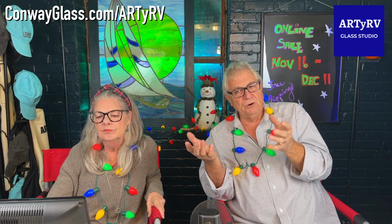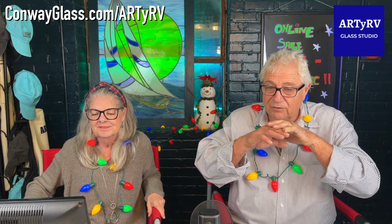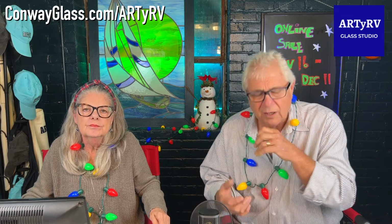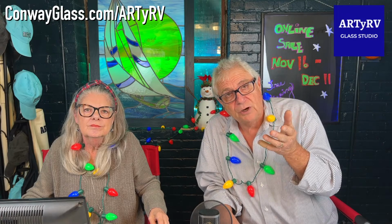We have a program that we use, the Rapid Resizer, and it helps us out a little bit, but I still find myself drawing the windows the way I want them. Okay? So we have the Rapid Resizer. If you want a full-size pattern, you could join up for that program. It's pretty simple. It's about $120 a year, I think, Barb, right? Or $17 a month. It's a little more expensive monthly than it is yearly, but it's a sweet little program,